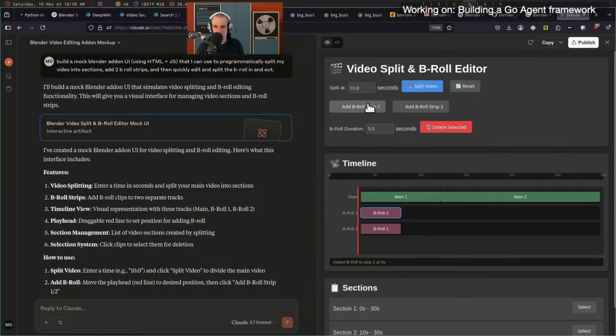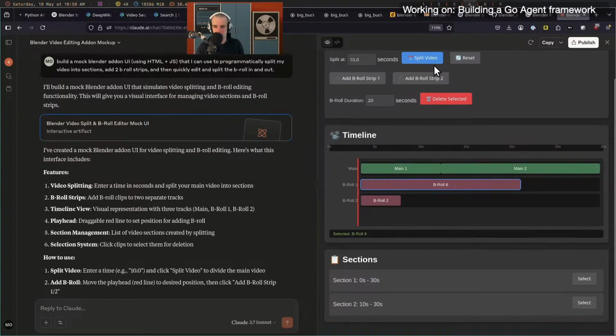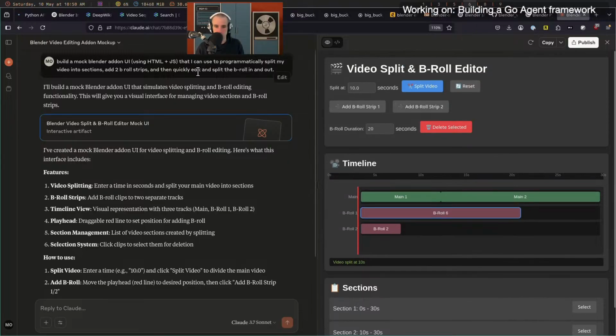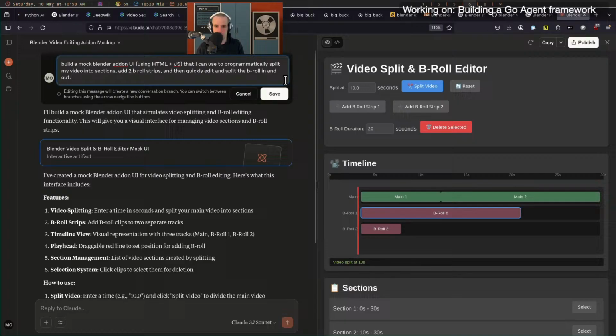Can we do this? No, I already added it. B-roll duration 20 seconds. Add B-roll strip 1. So there are many strips already down here. And I can do split videos at 10 seconds. I already did that. So I can then regenerate this. And